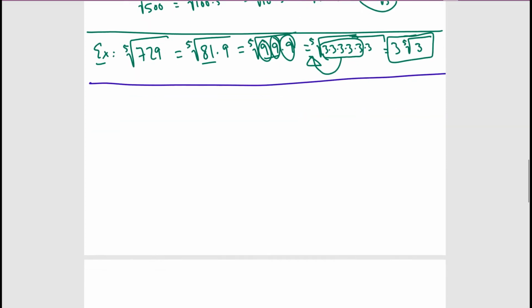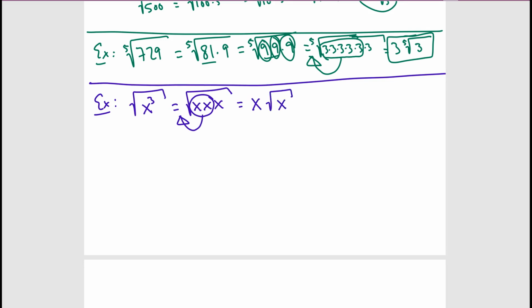Okay, so let's say, for example, we have the square root of x cubed. Now this has 3 x's, so that means I have 1, 2, 3 x's. And because it's a square root, I'm taking out pairs of x's. Here is one pair of x's. I'm going to take it out, so that's going to be one x, and then I'm going to be left with the square root of